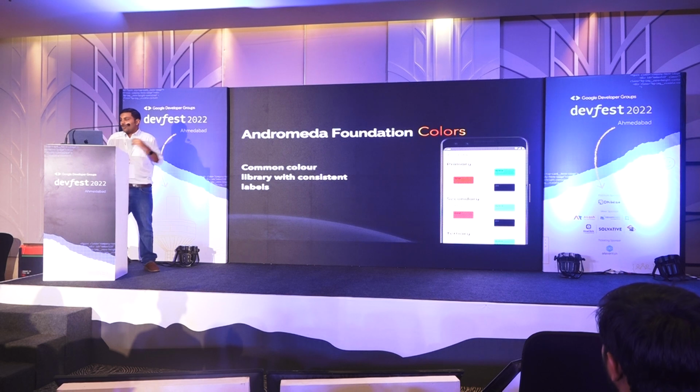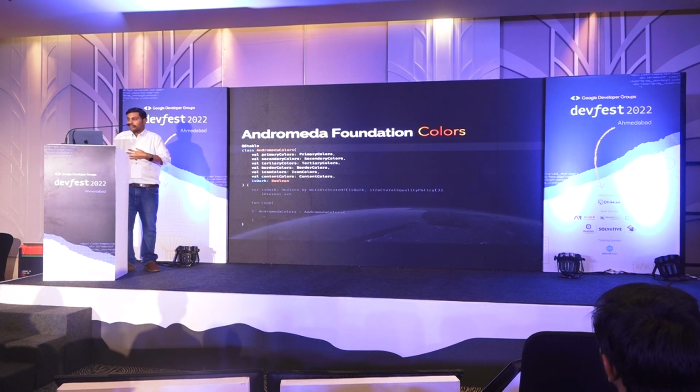Now, all these things put together. I'm going to be walking through very quickly, but the intent here is I have a class called Andromeda colors. The only thing I want you to focus on is that thing called stable on the top. I am telling the Compose system that these colors will never change across the theme. Imagine this: on one screen, you want a blue theme, all the buttons in blue. On another, you can call this class with your own values. In that screen, you want red, but that red will never change for that screen.